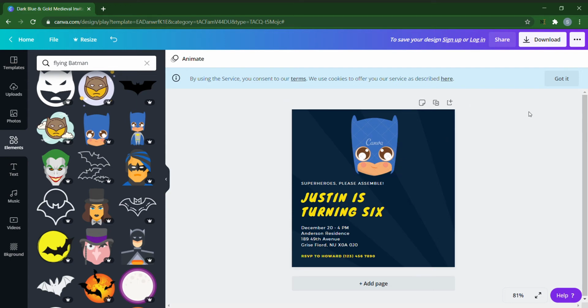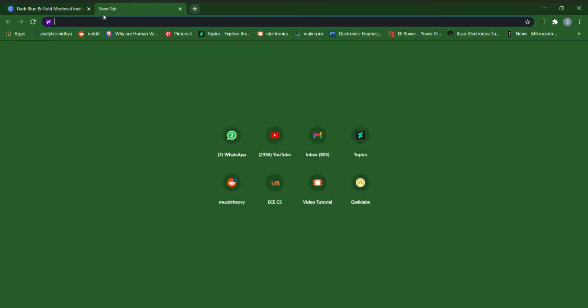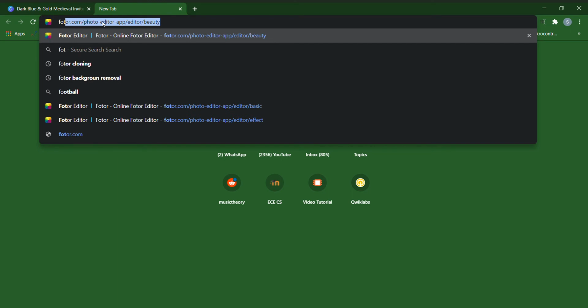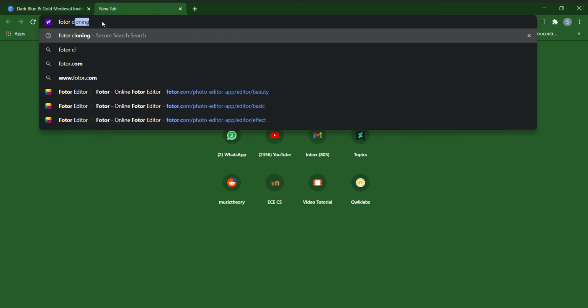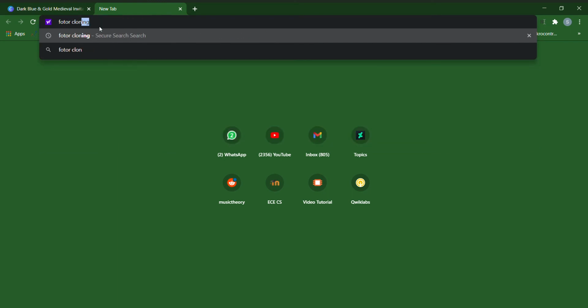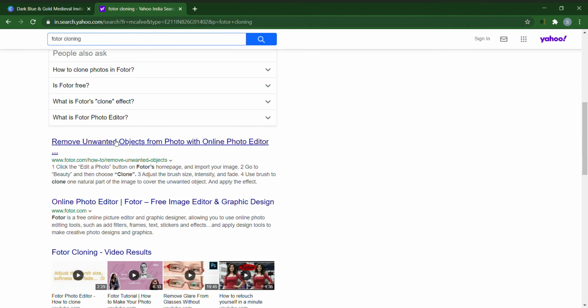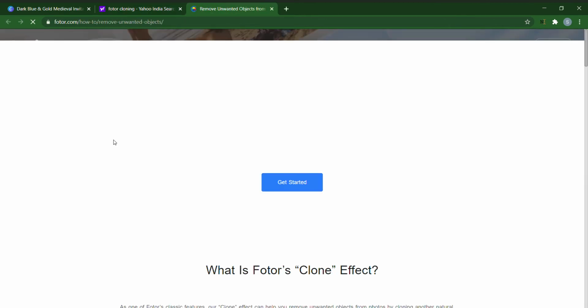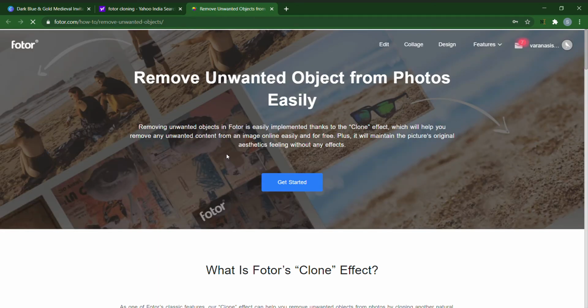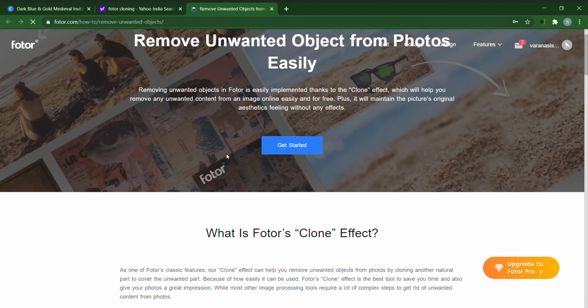Okay, let's go. We will search for photo cloning. We will go to that remove unwanted. This is such a cool website, an alternative to Photoshop, but in this website we can get many features for free.